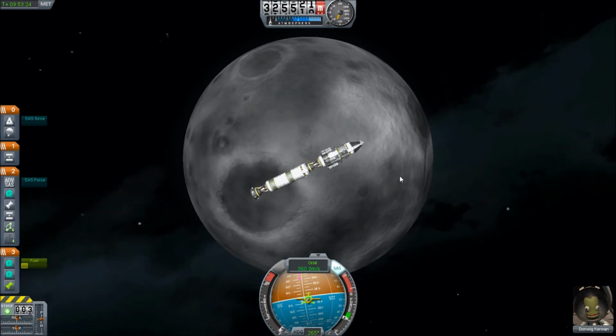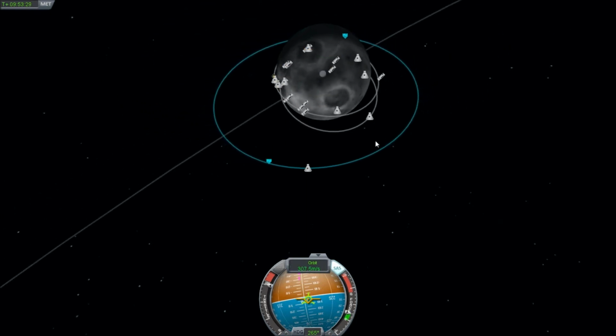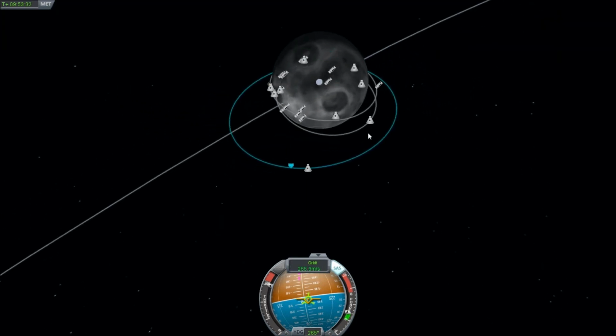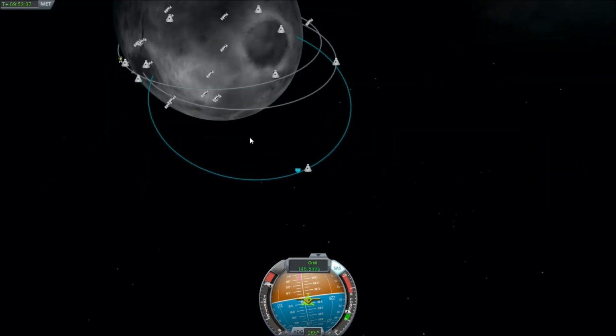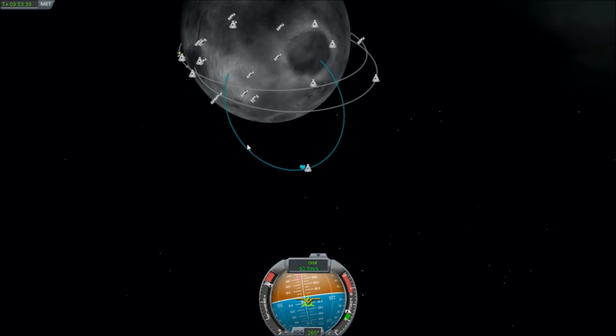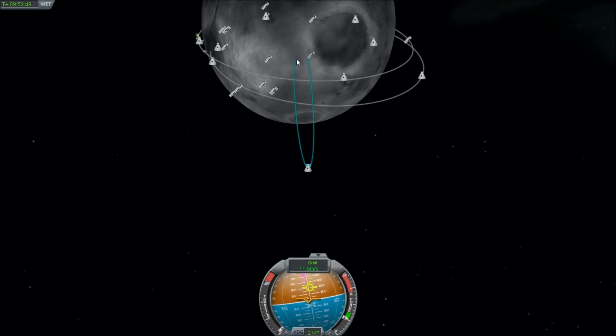Okay, that's much better. Now we just need to burn retrograde, and you'll see our orbit kind of closing up and coming inwards. And then it'll come inside the moon, so that we're landing on it. And I just want to correct that slightly. Okay, so oops, that was too far. Okay, so I want to get these 2 points as close to each other as possible, because that will mean I'm going as close to straight down as possible. And the closer to straight down I am, the easier it is to land, because I don't have to worry about